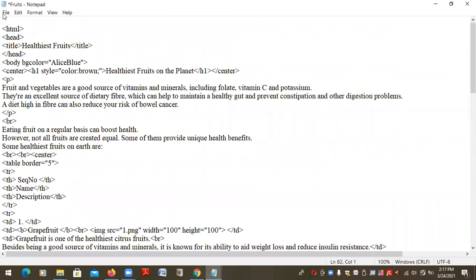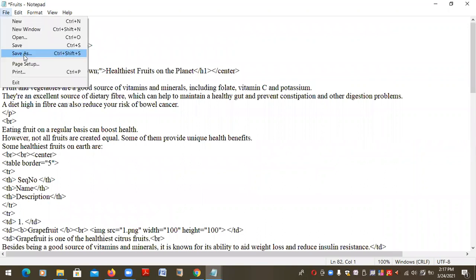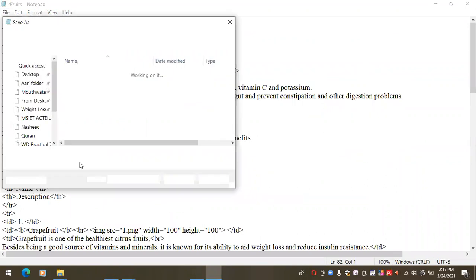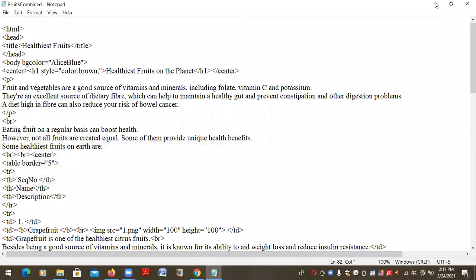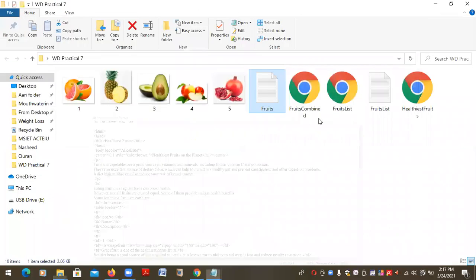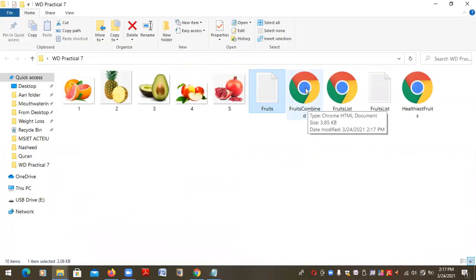So now I'm going to save here, file, save as. Okay, I will give the new name here, not the fruits. Maybe I will put it like fruits combined, C-O-M-B-I-N-E-D, combined. I give the new name .html. Okay, and save. So when we open this, I have here fruits combined, which means that I'm combining two parts. Okay, so the table and the list I'm combining into one. So when I open this,